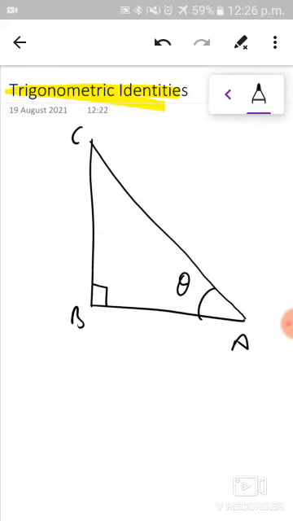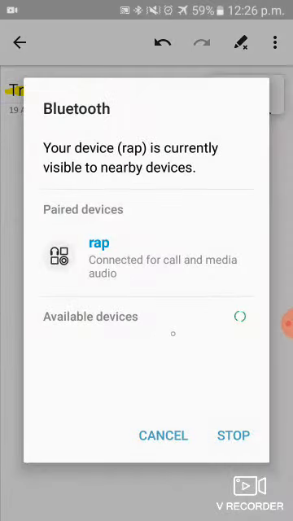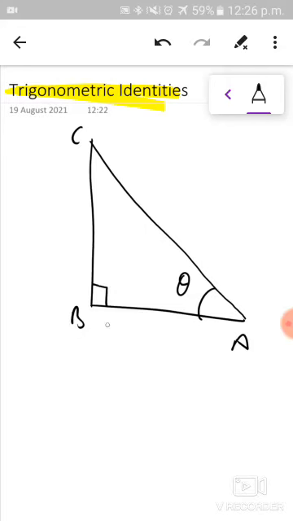So this angle is theta, right? So see, in triangle ABC, angle B is 90 degrees and angle A and C are acute angles, where I have taken angle A as theta. So by Pythagoras theorem I can write,